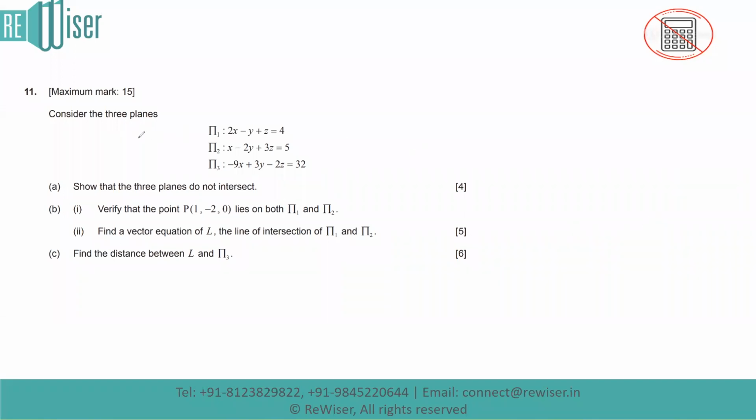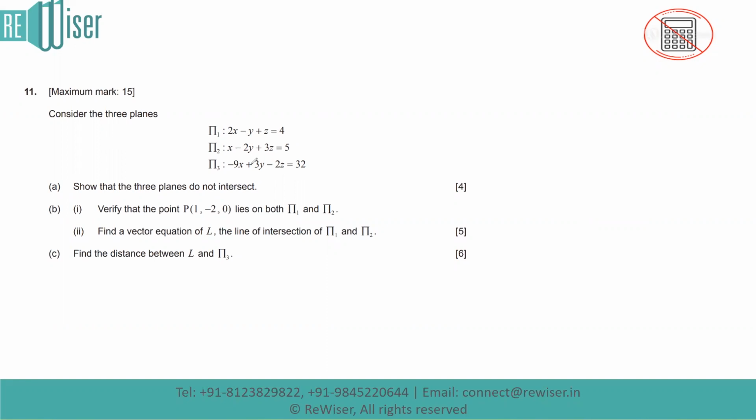The question we are talking about: consider the three planes, pi1, pi2, and pi3. The equations of the planes are given in Cartesian form. Show that the three planes do not intersect. Whenever we need to show that planes do not intersect, one of the methods that we could use is